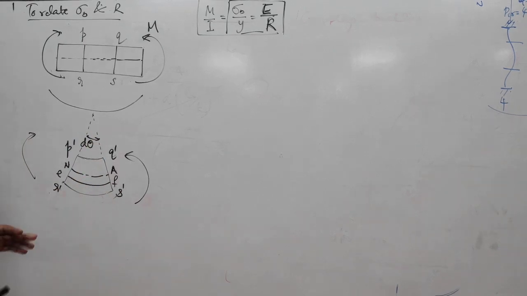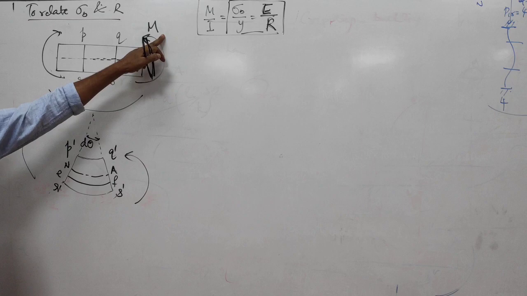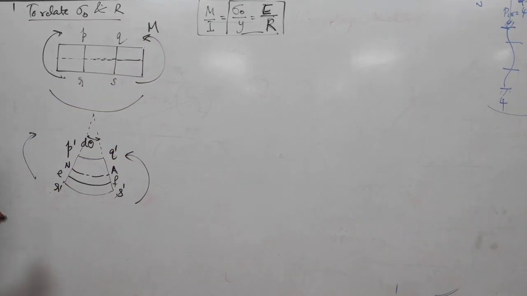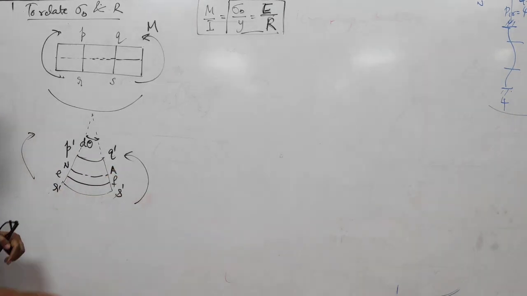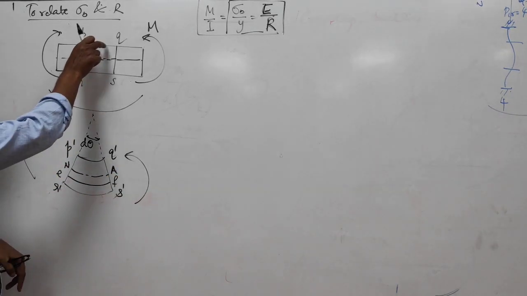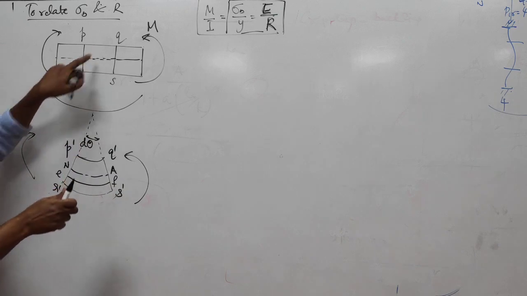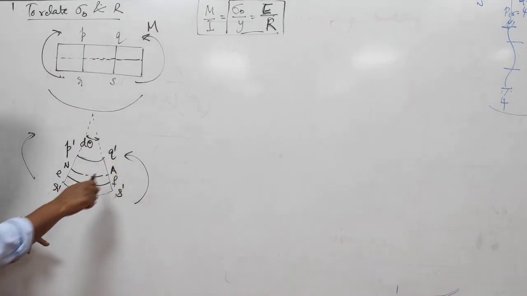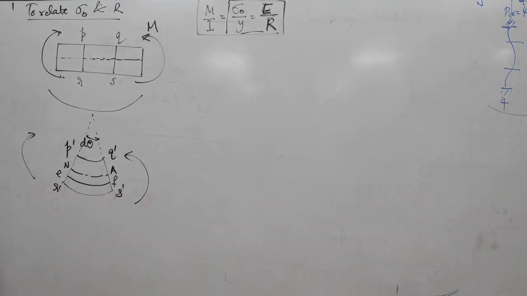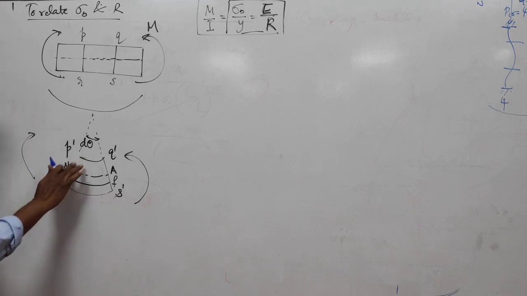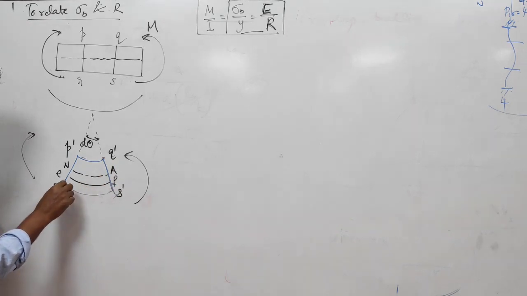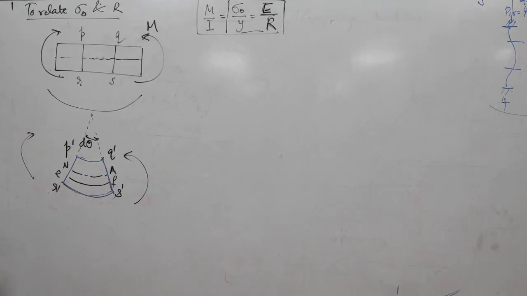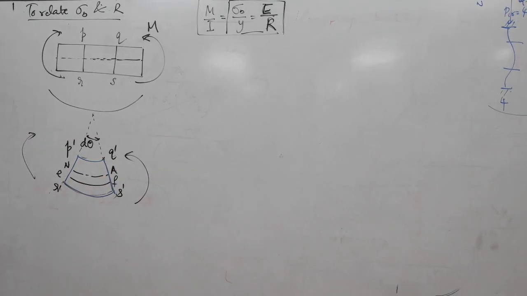Now you are applying a pure bending moment, and when you apply a pure bending moment, it turns into a perfect circular arc like this. And an element PQRS considered in this beam also turns into a circular arc, which is shown like this. PQRS turns into a shape like this. And in this shape, you can see that